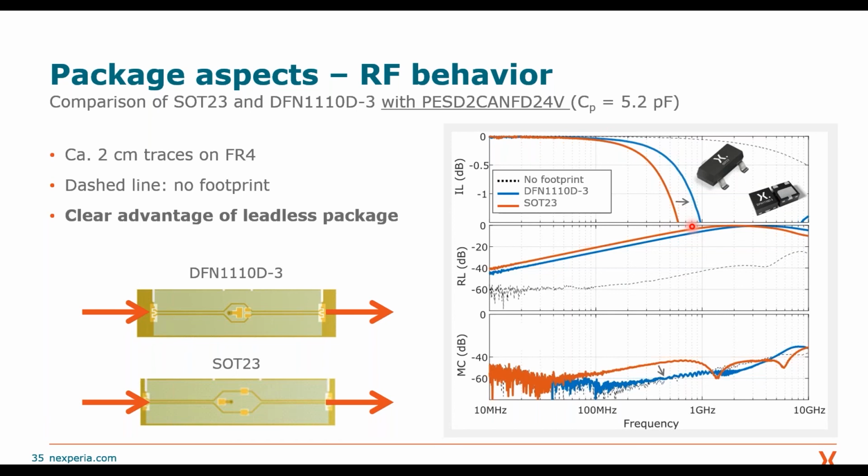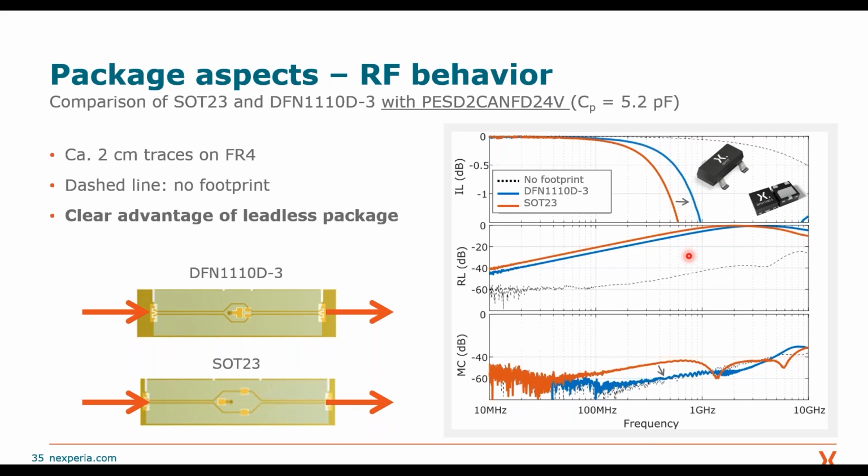There is an improvement of the DFN package by 300 to 400 megahertz. And you may ask yourself, what is the reason for this deviation? Because the parasitic capacitance is the same, but the answer is